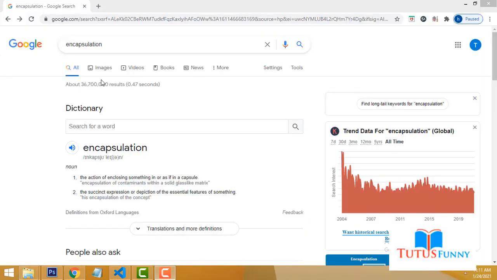Today I am going to teach a .NET Core step-by-step tutorial. We have to discuss the concept of encapsulation. I hope you all have studied that. Simply, we will look at the concept of encapsulation: data hiding. Data hiding means necessary data will be shown to the people, and unnecessary data we hide.